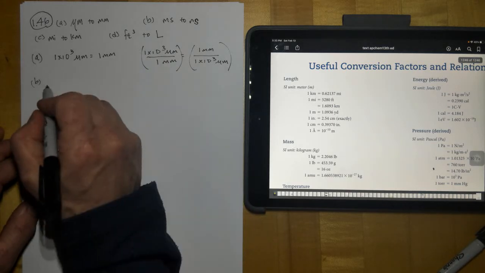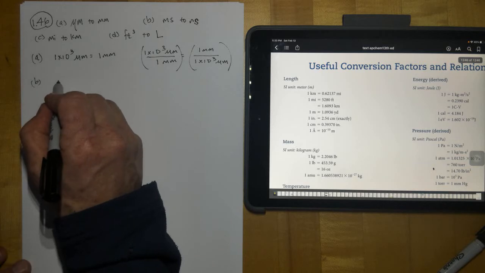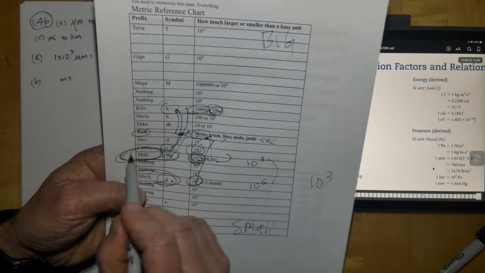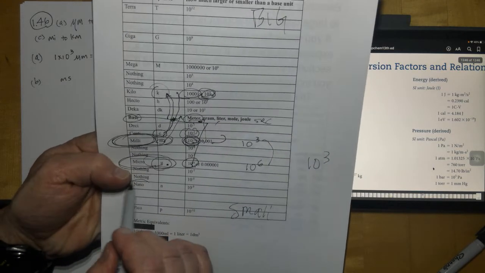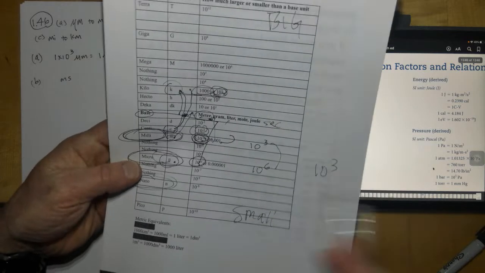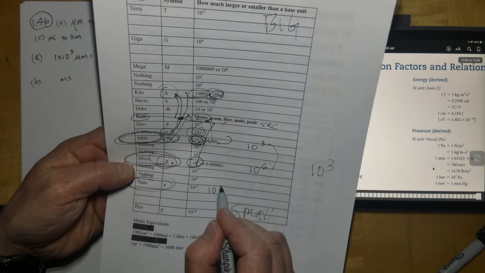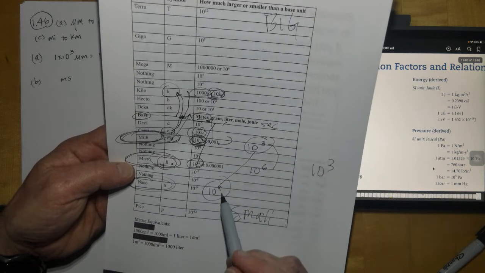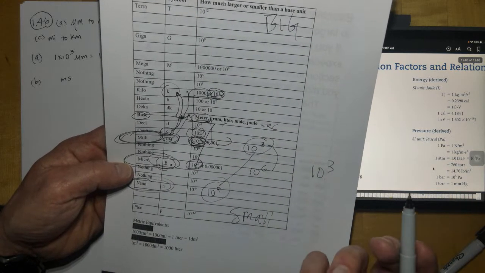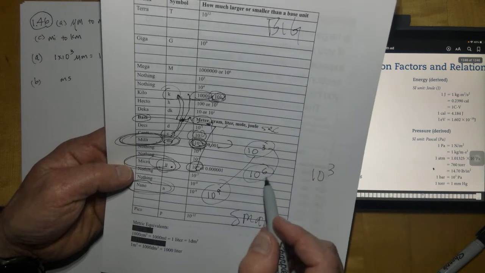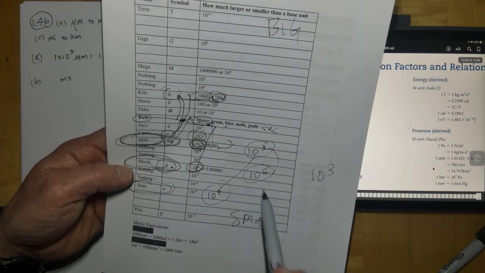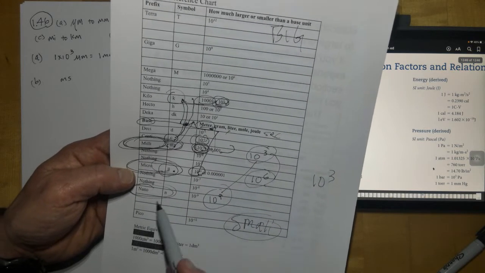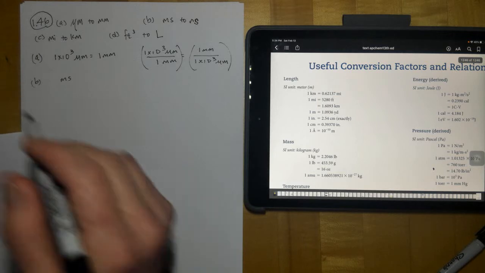Letter B, milliseconds to nanoseconds. Milliseconds would be right here, milli once again, and then nano would be right down here. And we want to find the difference between those two. Start with the small, so this is 10 to the 9th, and then this milli here would be 10 to the 3rd. And so the difference between those two would be 9 minus 3, or 6. So there would be 10 to the 6th difference between those two. There would be 10 to the 6th of the small unit in the big unit. And which one's the small? Well, the nano. So there would be 10 to the 6th